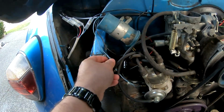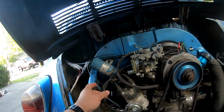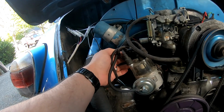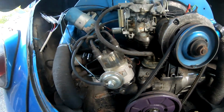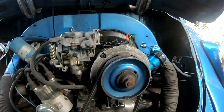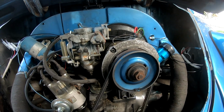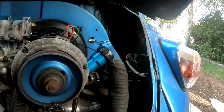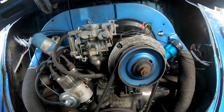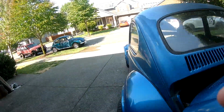I think that's it for back here. I'm just praying that I have the distributor wires into the correct spots on there. So I looked it up and that's what I was told, so hopefully we don't fry anything. Yeah, and then to the front